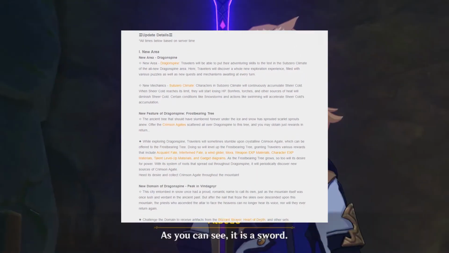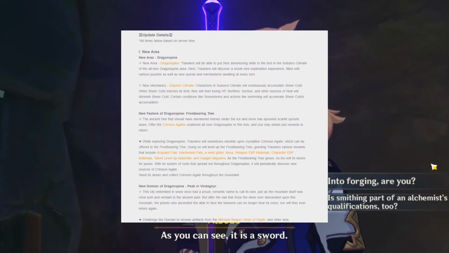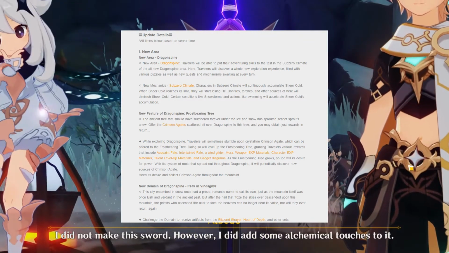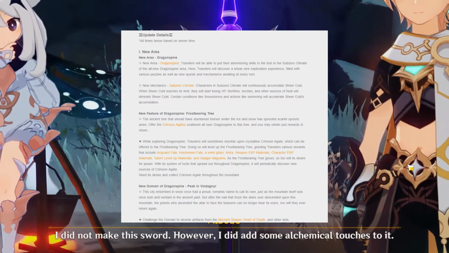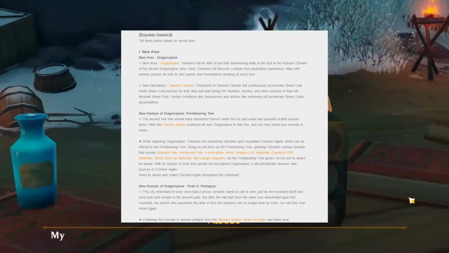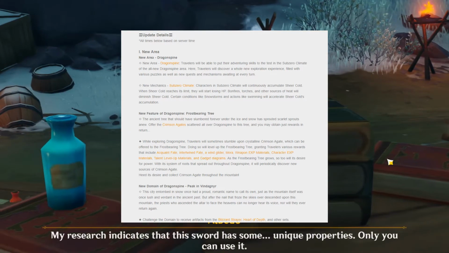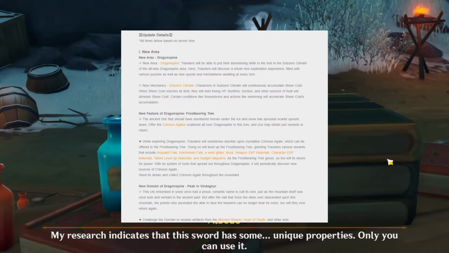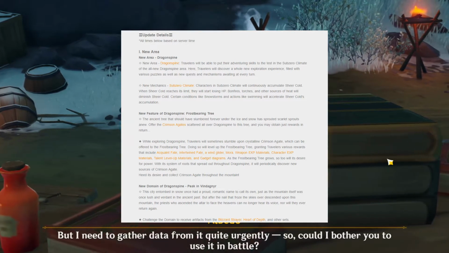Now, as far as new content that actually got added to this update, there's a whole new area, the Dragonspine Mountains, and this is that little pocket that was out of bounds between Mondstadt and Liyue, and it is a huge area. Even though the size on the map isn't very big, it doesn't take into account the amount of verticality that this mountain has, and this could actually pose a bit of a problem because of the new mechanic